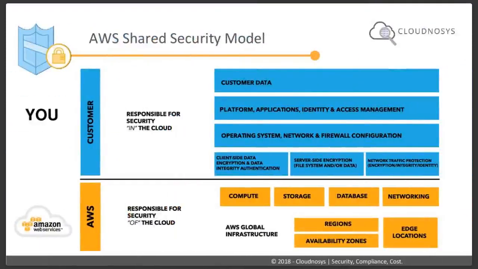AWS shared security model. That's something you need to understand before I dive in and tell you which specific data sets and what controls you want to run and manage. You need to understand your responsibility and Amazon's responsibility. Amazon's responsibility is to take care of the basic infrastructure, making sure the hardware is safe, everything is fenced in, the endpoints are protected, and so on and